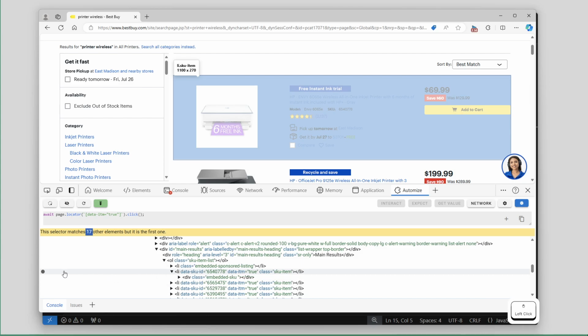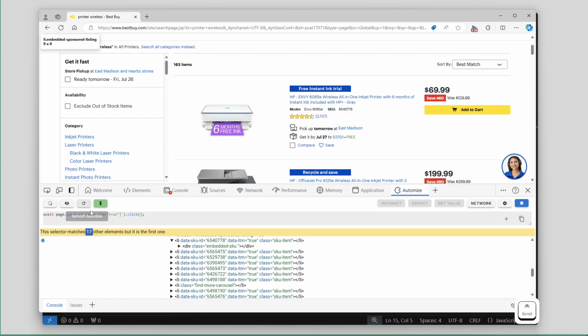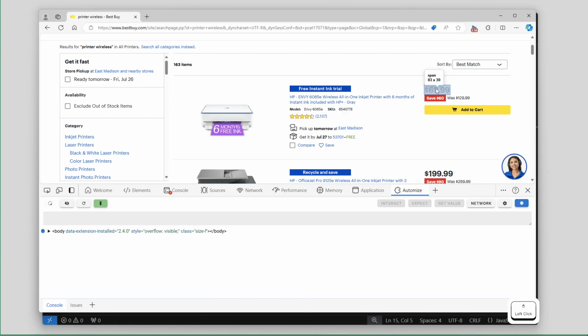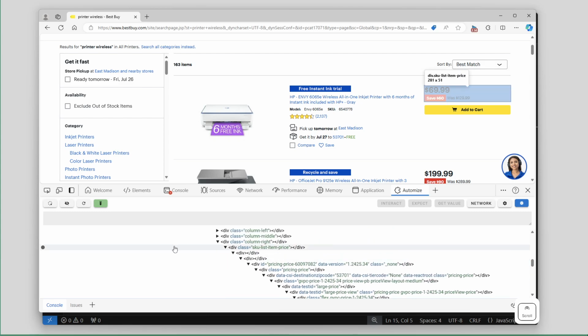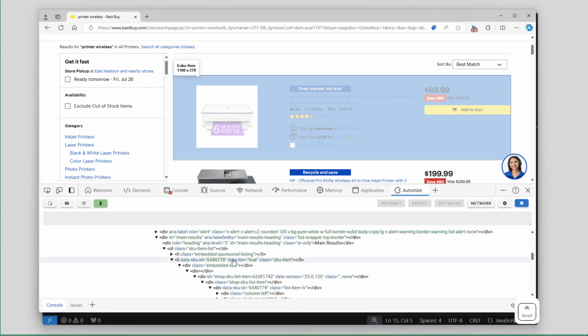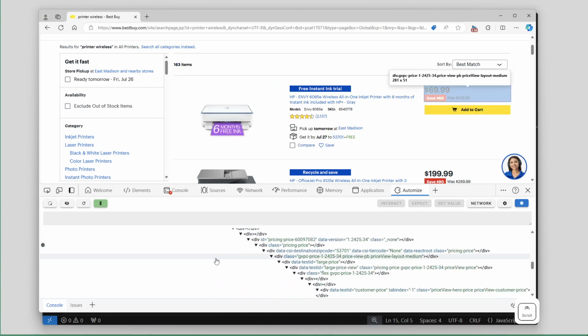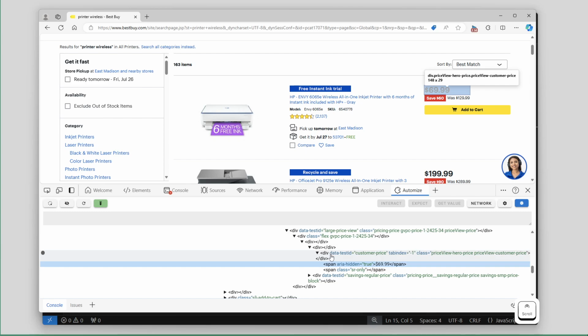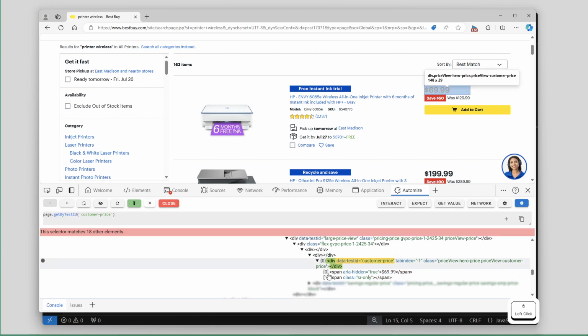we can just do the first one, and I'm going to set this as our root node, right? Because this is already selected in our code. So now, if we find, let's do price in here. I'll just refresh. So we'll do price, and we're going to reset that root node, which is going to be that list item, which is this guy right here. Now, if I double click on our price, it should just be, yep, customer price. So I'm going to grab that. Actually, we want to get the